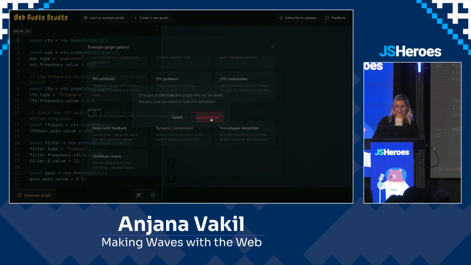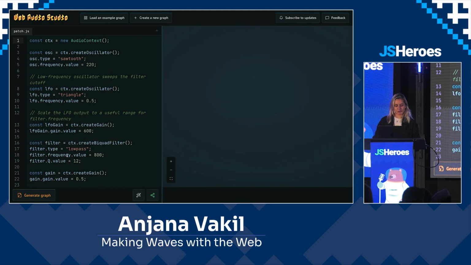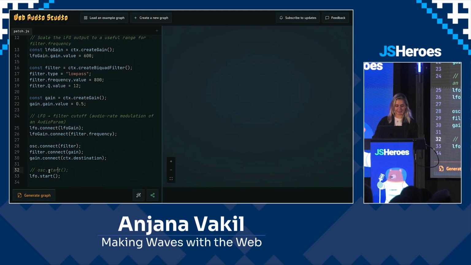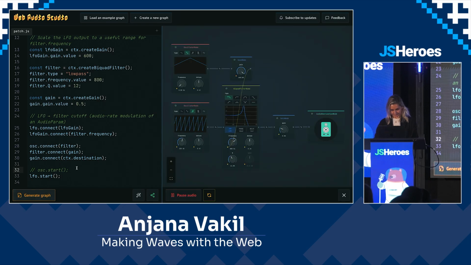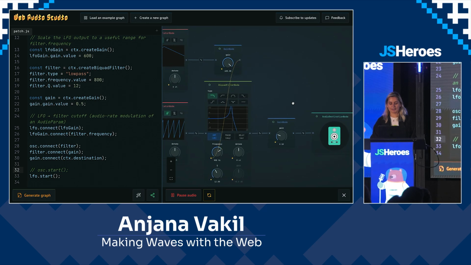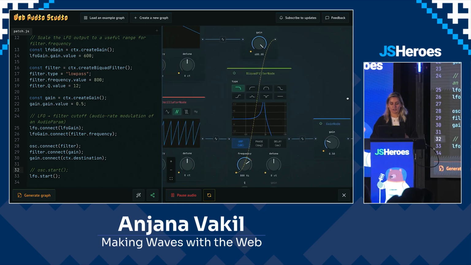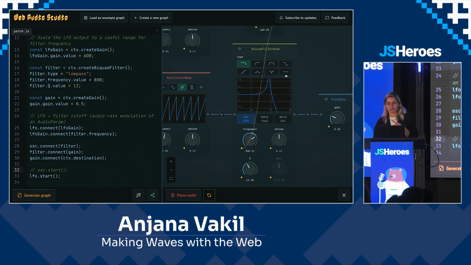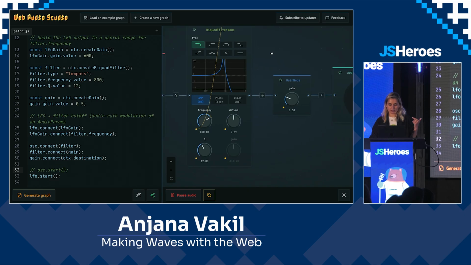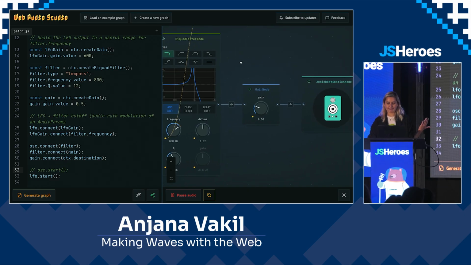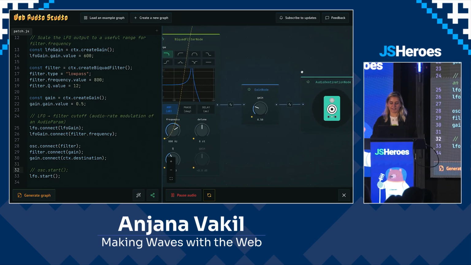So let's load that up and take a look at what it's doing. First, I'm just going to turn off the oscillator so that we don't hear anything yet. Now what we've got is a similar graph to what we just had, where we still have our oscillator node piped into a filter with a resonance. It's a low-pass resonant filter. There's a gain node, and then we go to the destination.